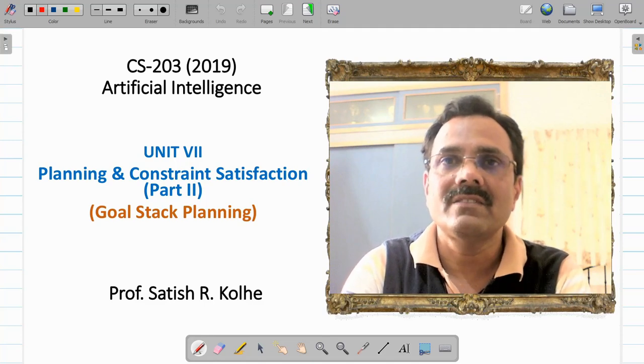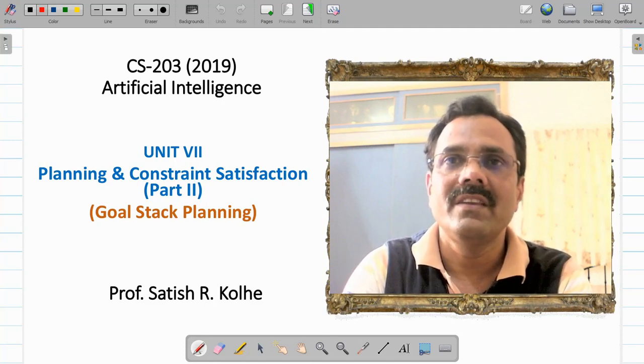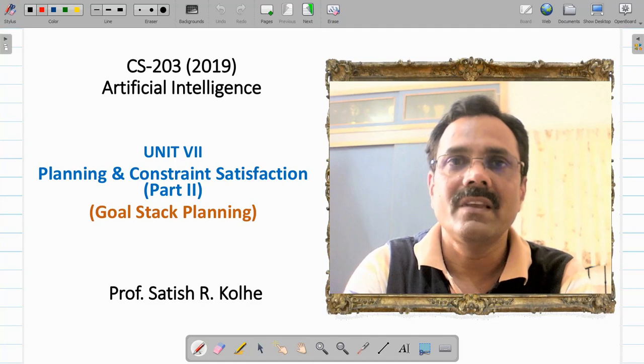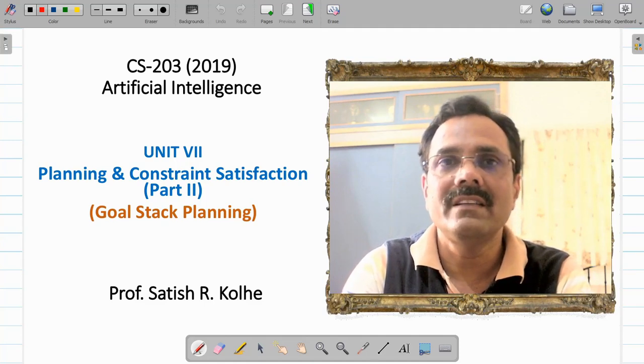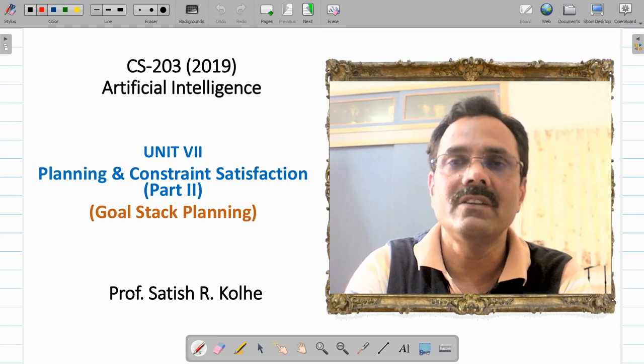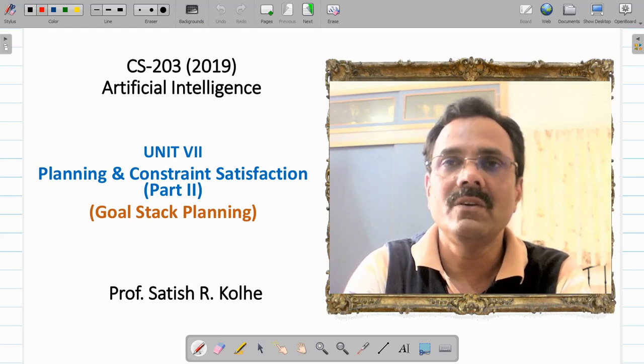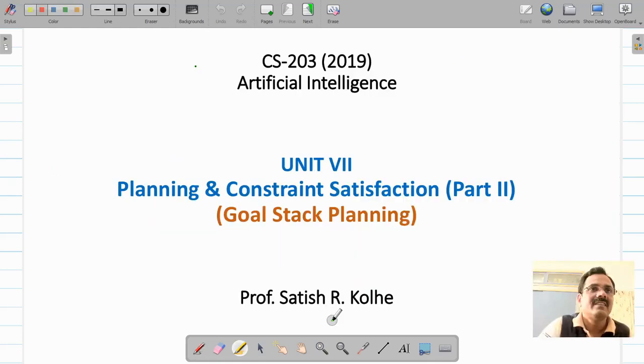In the last class we have seen what is planning, what are different planning techniques. Then we have seen components of a planning system. And then I told you that the block world problem we are going to discuss to understand all these planning techniques, because this domain is complex enough to understand differences between all those planning techniques that we are going to discuss.